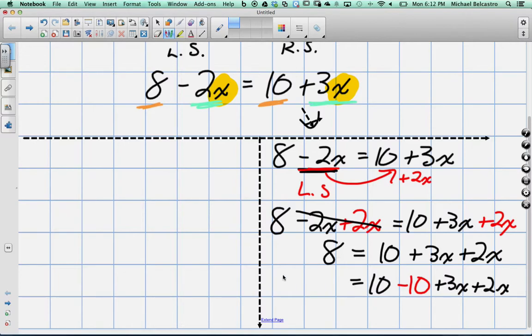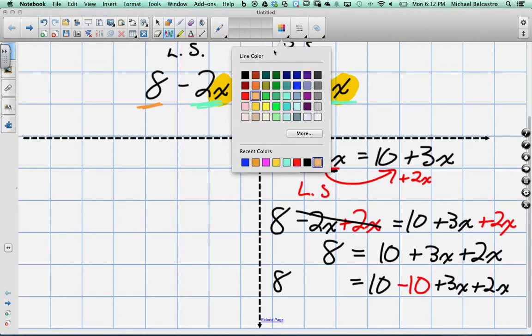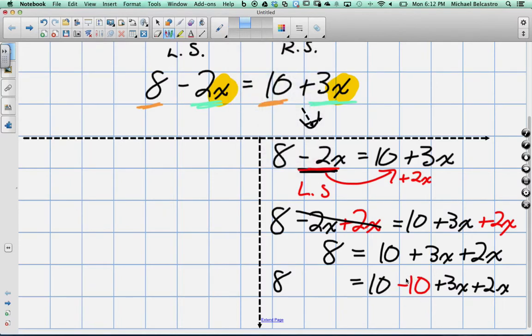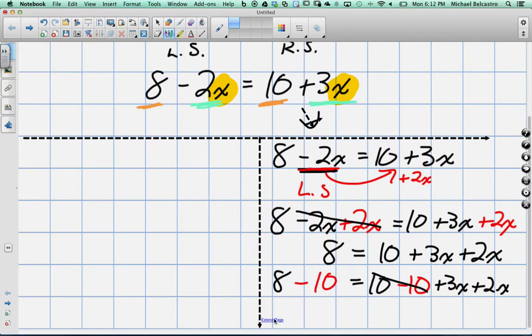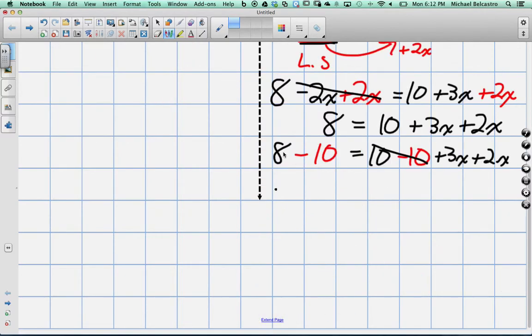And on this side, it'll become 8, and whatever you do to one side, you have to do to the other. Okay, so because we subtracted 10 here, we have to subtract 10 here. Now, 10 minus 10, what will happen there again? 0. Yeah, 0. They cancel each other out. Okay? So we have 8 minus 10 is equal to 3x plus 2x. So if you notice,